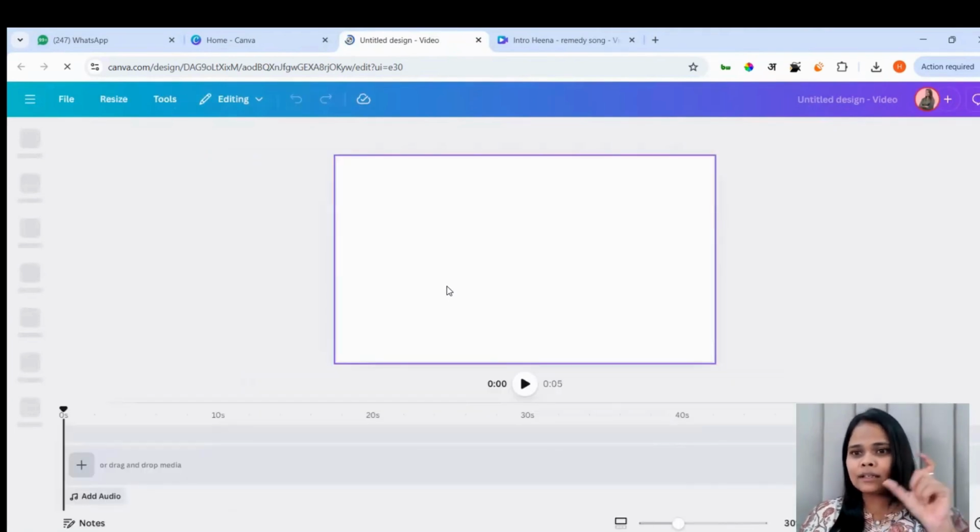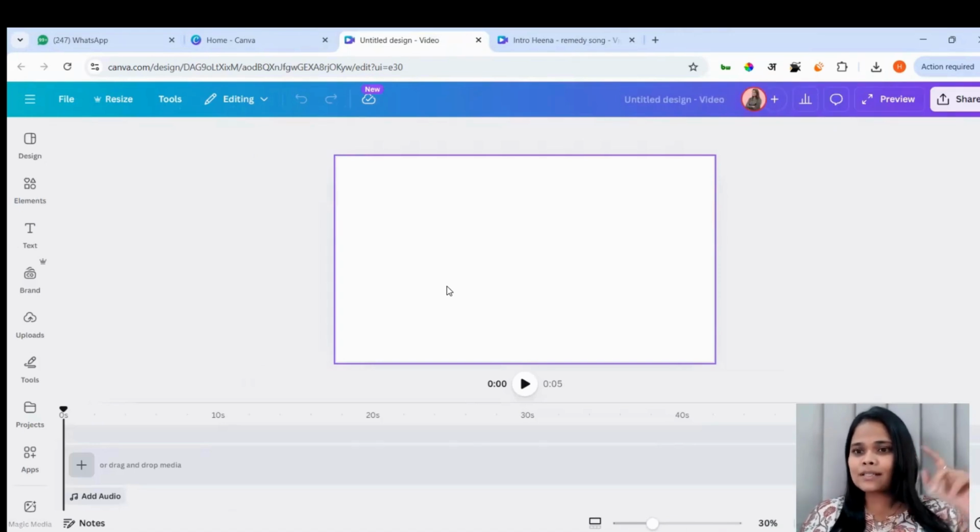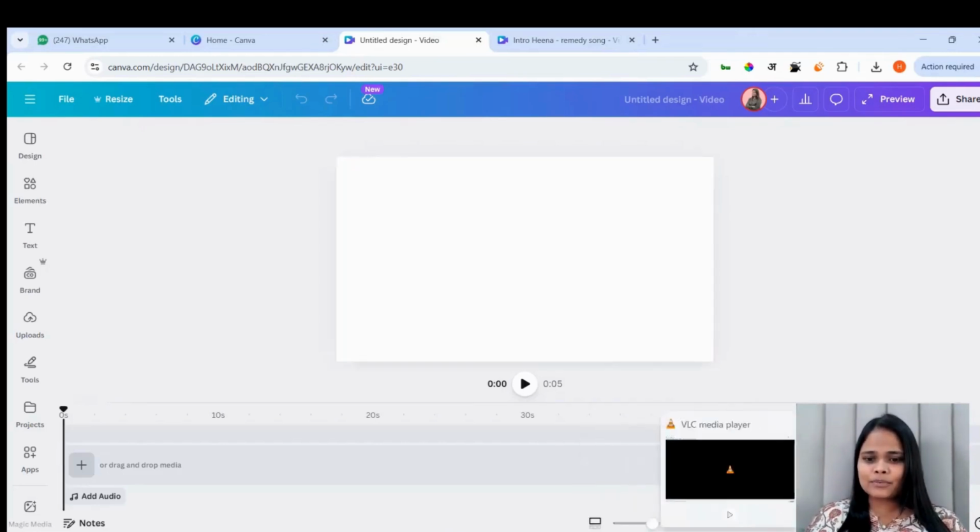So we will divide this video into two parts. The first is the background, in which the scenes change rapidly, like within seconds. That is going to be the first part, and then the next part will be combining everything together and presenting it, right? So I'll just show you again.